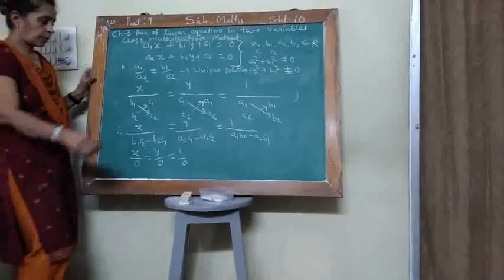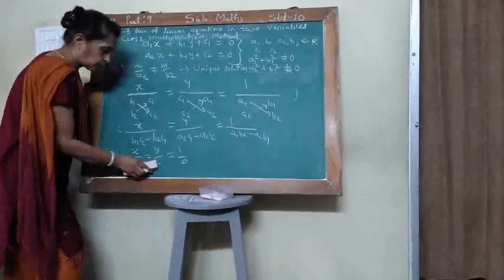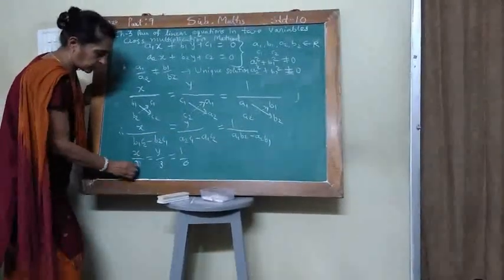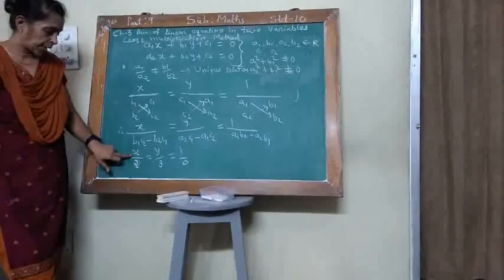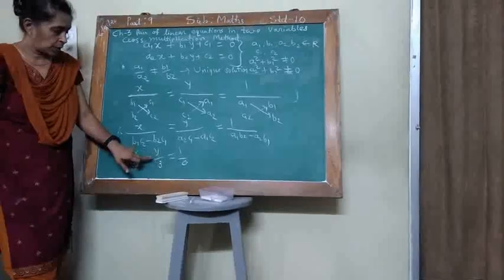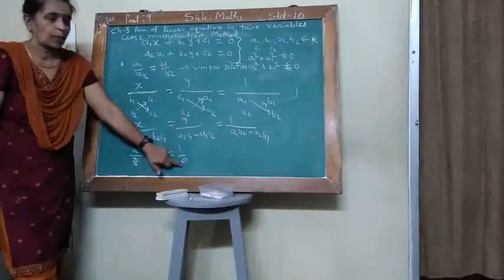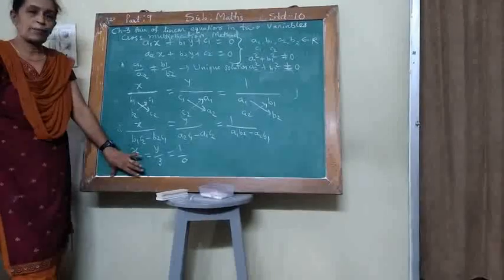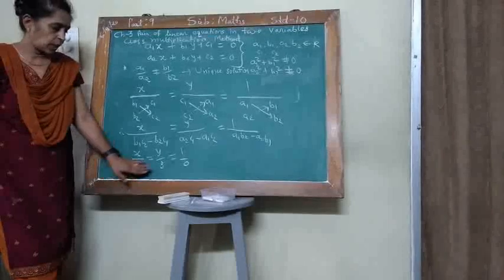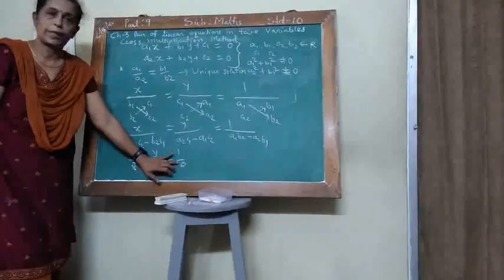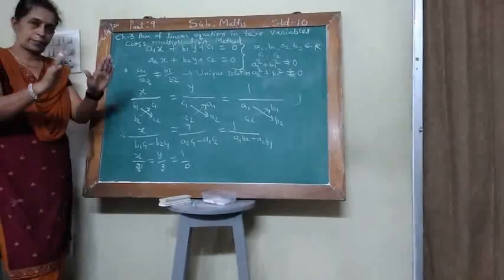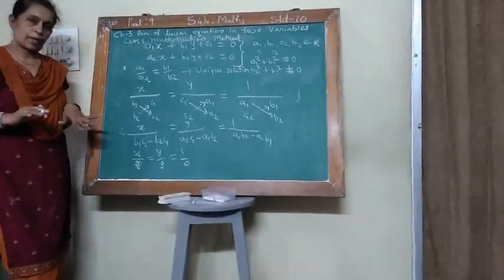And suppose here you don't get 0 and some number is there, then if you compare these two ratios, x equal to 2 upon 0 is not defined, y equal to 3 upon 0 not defined. So not defined, that means no solution exists. Here in this case, if 0 is only in the denominator of 1, the solution does not exist, that means lines are parallel.